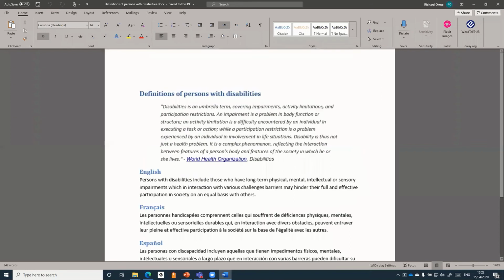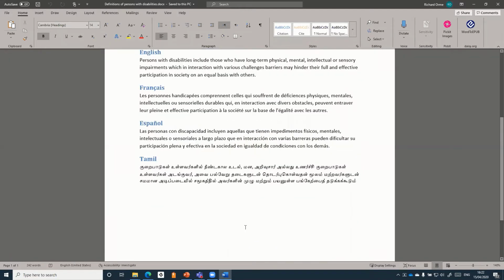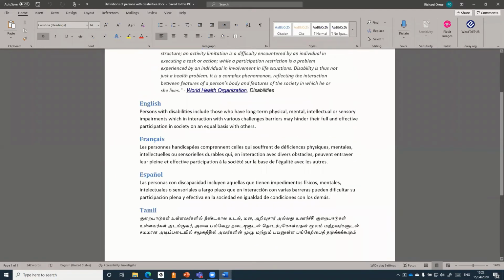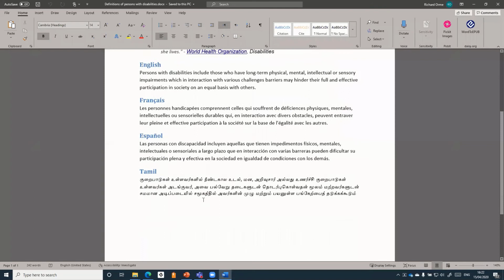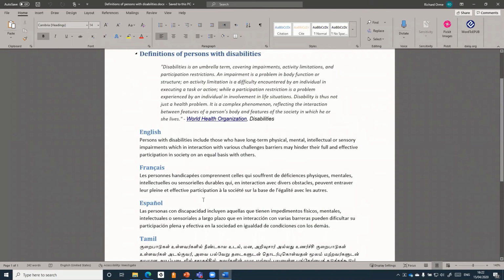This is something that was sent to me actually from a colleague in India. It's definitions of persons with disabilities. We're starting with something really simple, a one-pager. We have a heading here, we have a block quote, and then we have some more headings with text in different languages. On my Word ribbon, up on the top right, here I have WordToEPUB, and I'm just going to